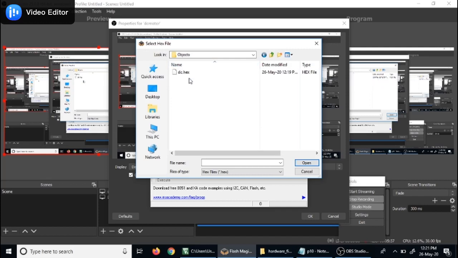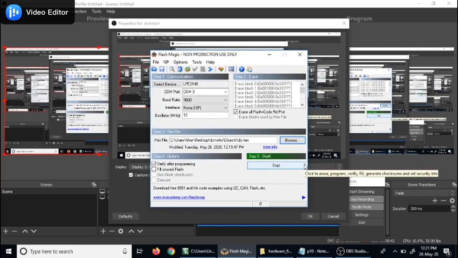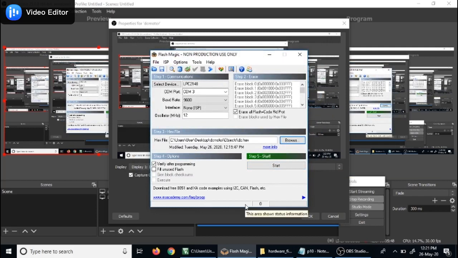Double click on Objects. So you have dc.hex. Click on Open. Now when you click on Start, you can see here it attempts to connect and finishes. Once you get the finished message, you can see that the motor rotates clockwise and then anti-clockwise. Okay, so this is the procedure to run the lab program.